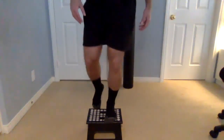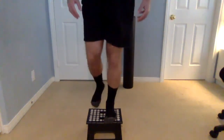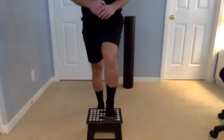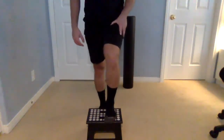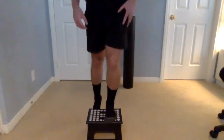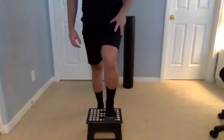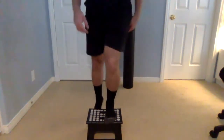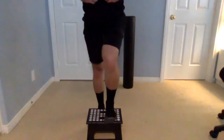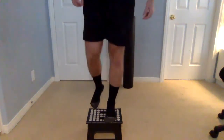This is rep 2, okay, 3, 4, again, put that pressure through this leg. 5, 6, 7, 8. The whole time we're bracing our core. Flex those abs, take a breath into your stomach, and really pull those abs in. 9